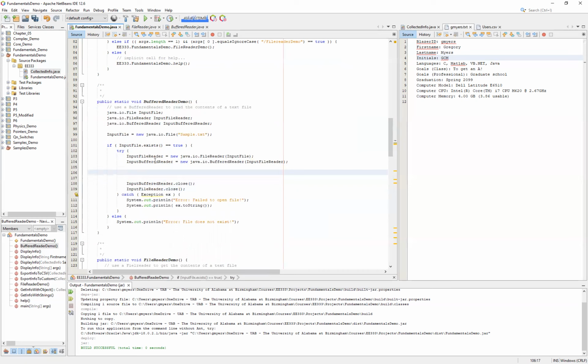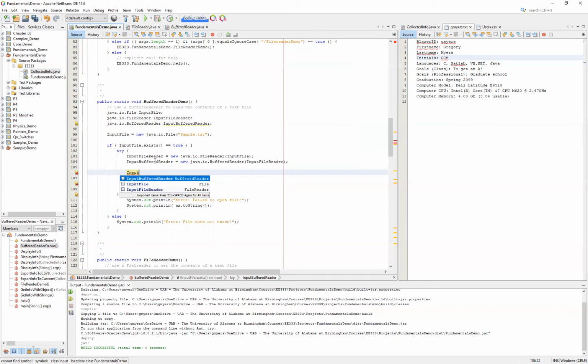Now, in the earlier video, we explored the options with the file reader, and you saw that you could pick characters out one character at a time until you reached the end of file, which would essentially be the end of stream, and you would get a -1 as a return integer value. With the buffered reader,